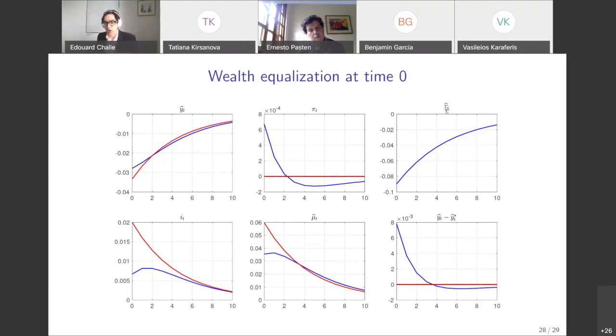Another reason why you want to be more accommodative is that by being more accommodative, the real wage will fall, but less than if you implemented the same policy as in RANK. And again, you want real wages not to fall too much, because when they fall a lot, the ability of agents to use the labor market to self-insure is reduced. Okay? And finally, inasmuch as idiosyncratic earnings risk itself is related to the business cycle, you want to reduce the increase in idiosyncratic risk, the direct effect of the shock on idiosyncratic risk.